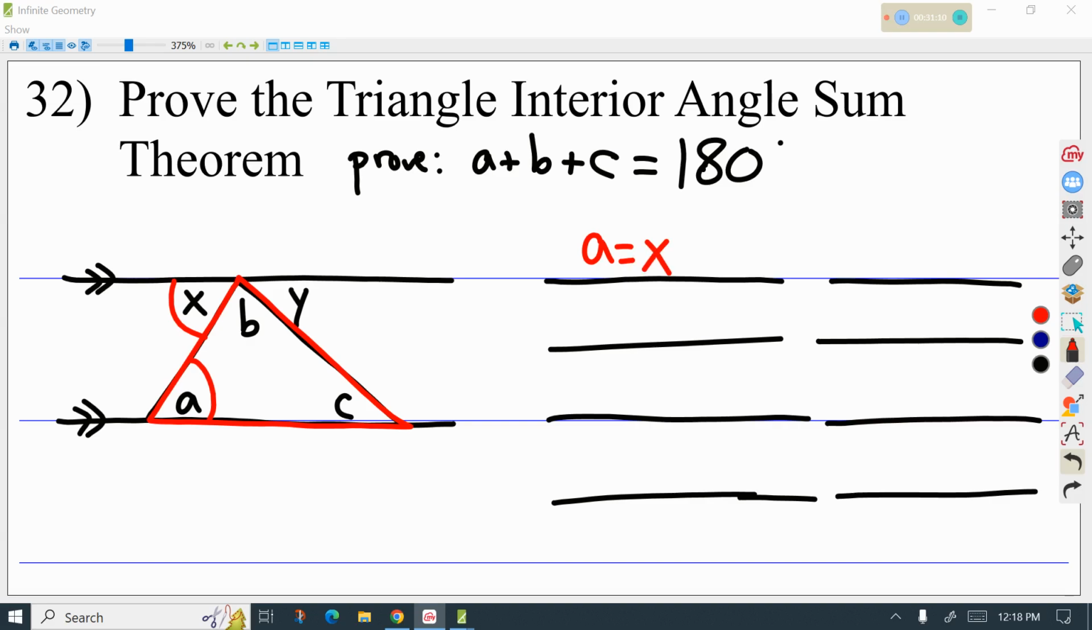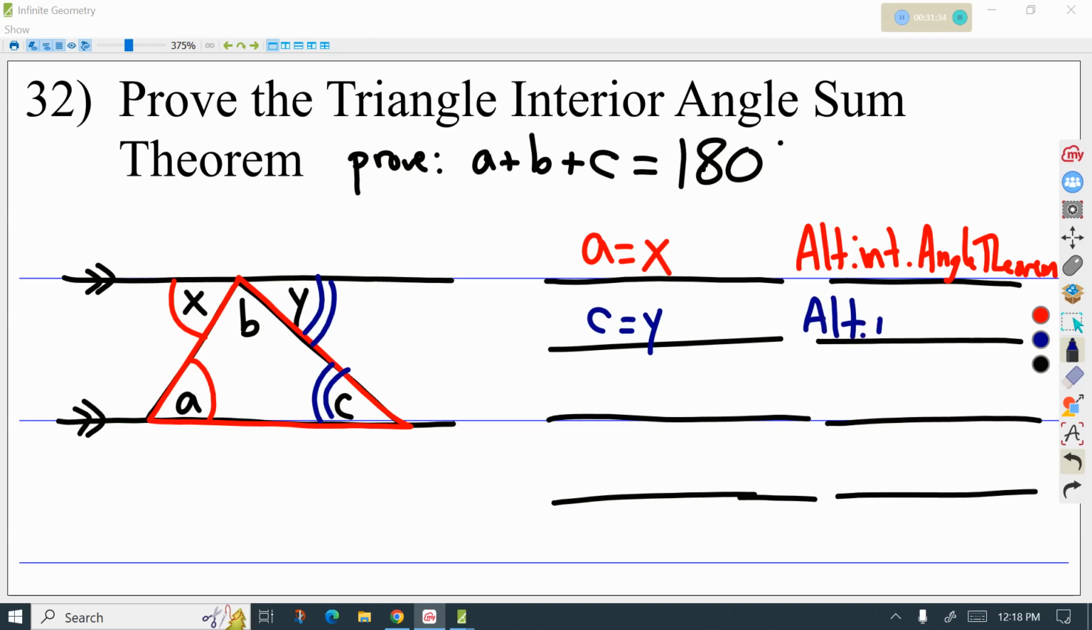And the reason that that's equal to X is because of what we've been talking about today, alternate interior angles. The alternate interior angle theorem. And that's why that's true. But likewise, we also have that C is equal to Y, because those are also alternate interior angles. So because of that,